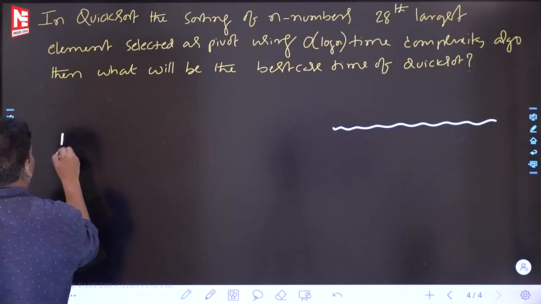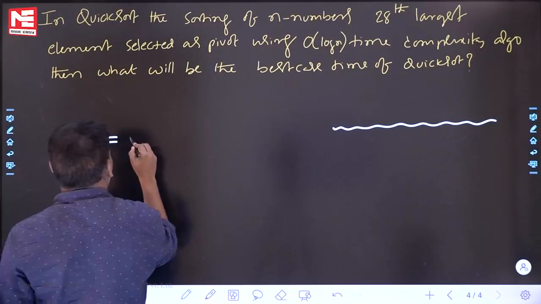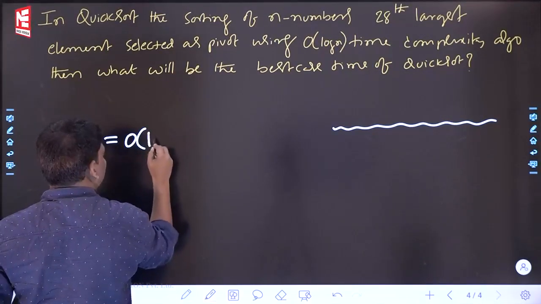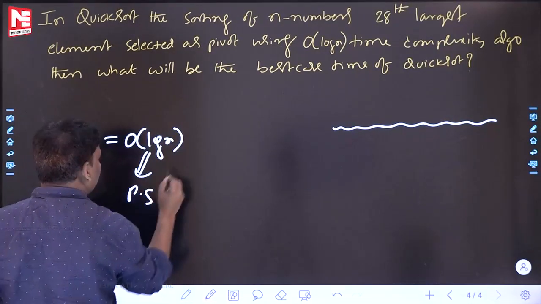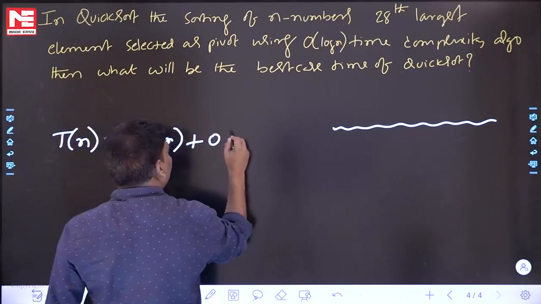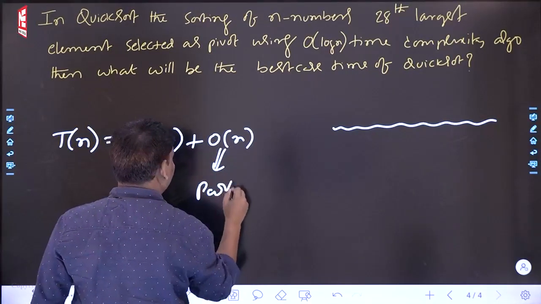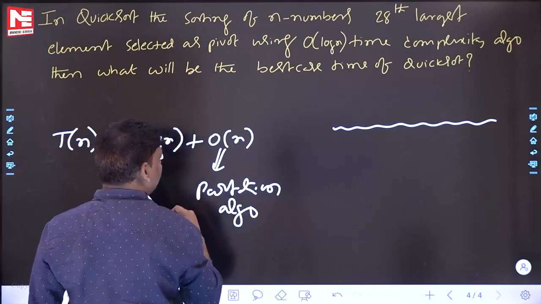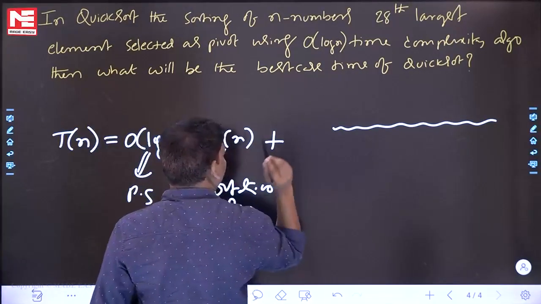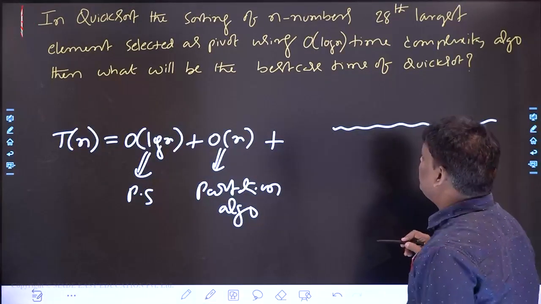I'm starting. The time complexity of the quicksort algorithm T(n) is equal to, first, order of log n for pivot selection. Next, order of n for the partition algorithm. Plus, now by taking the 28th largest element as a pivot, if you apply the partition algorithm,